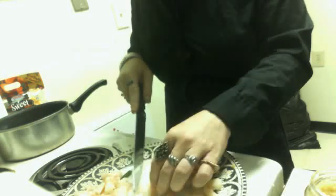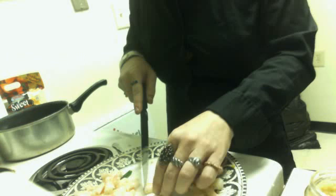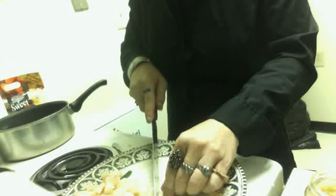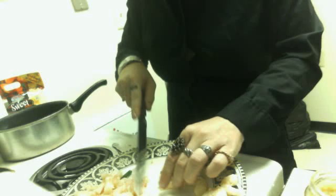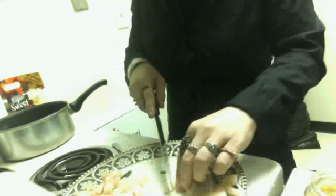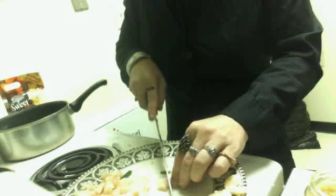If for some reason you decide to share this with a kid, which I don't recommend because of the garlic, it could be a little stronger for their little lungs. But hey, it's up to you. You're the parents, the babysitter, the older brother, the older sister. However the situation arises, if you decide to share with them, make it in smaller pieces so that the child does not choke in case they forget to chew. That sounds crazy, but I know a lot of kids that just wolf things down and they don't chew. Now, when I was babysitting, I made them chew. Opposite. Anyway,